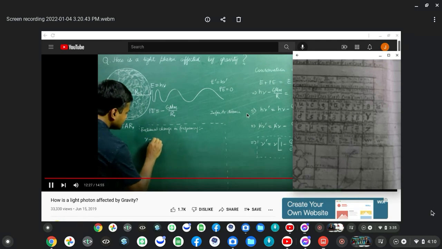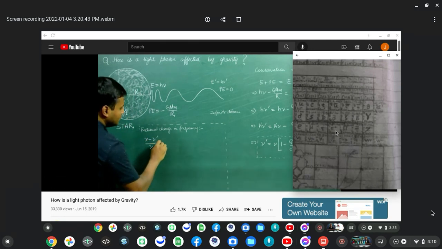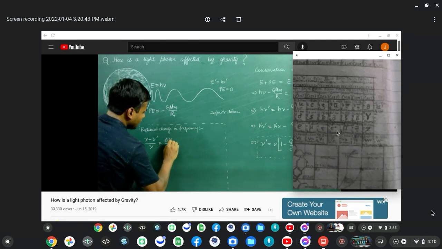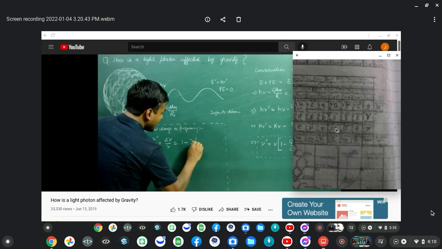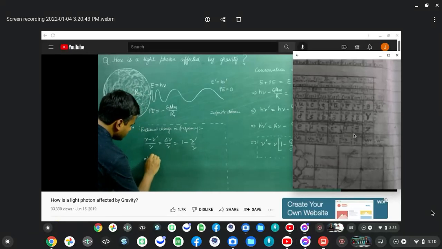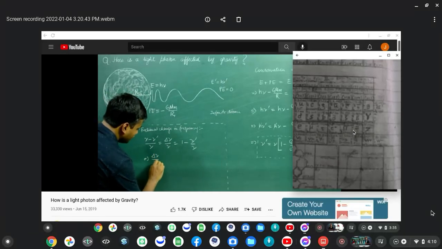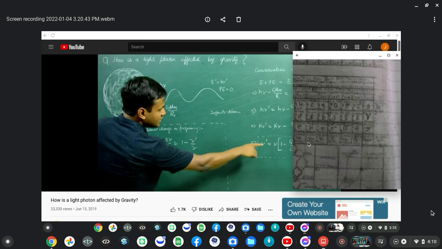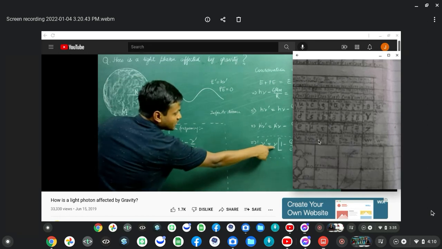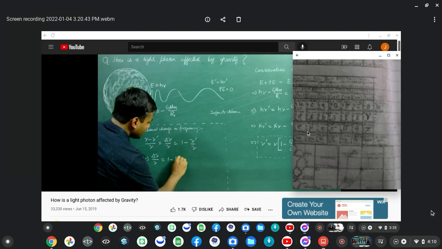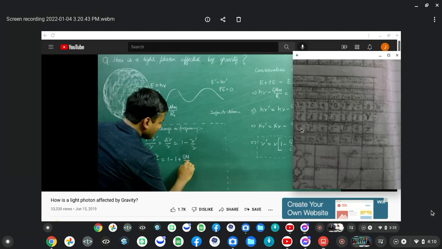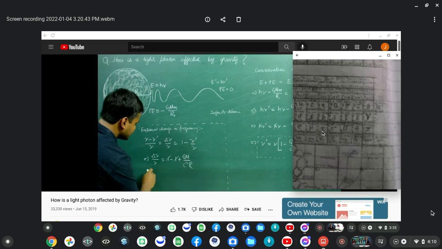I can find out the fractional change in the frequency. The fractional change is the difference between nu and nu dash upon nu itself, which is nothing but del nu upon nu. So the fractional change del nu upon nu is equal to nu minus nu dash upon nu, which is 1 minus nu dash upon nu. That is nothing but 1 minus (1 minus capital G capital M upon c square R). 1 gets cancelled,